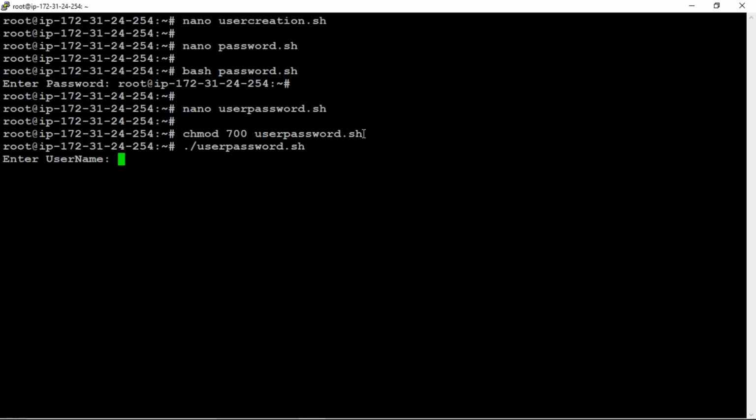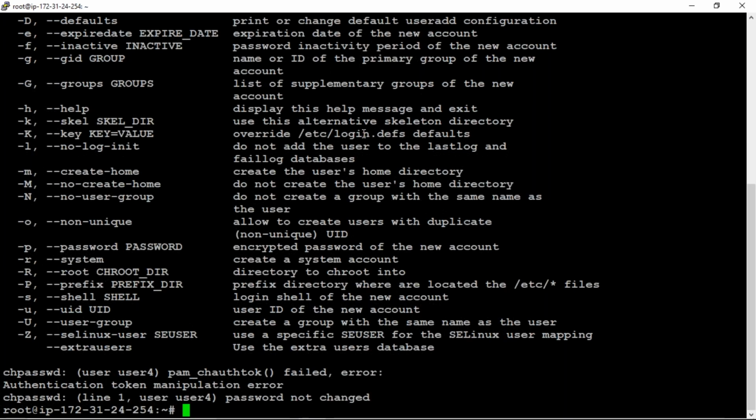Here, enter username. I just want to create a username as user4. Up to 3 users I have already created previously. So I am assigning user4. Enter, and enter password. 1 2 3 4 I have just given, and it won't be visible. Enter. So what is it asking for? Is it created?